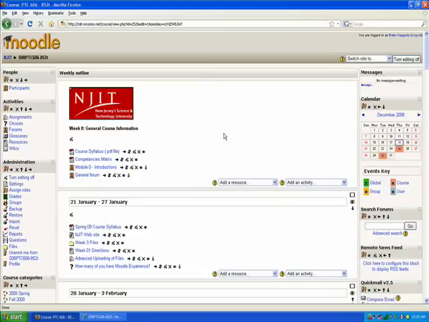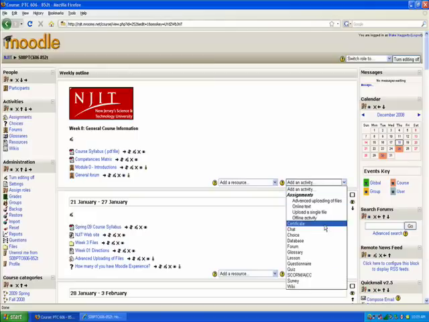So if you plan on regularly scheduling a chat with the chat tool, what I recommend is to think about adding it here because it's going to be in the same location throughout the entire course. They get used to seeing it there. So if we want to add that tool, we want to go to add an activity and click on the chat link,